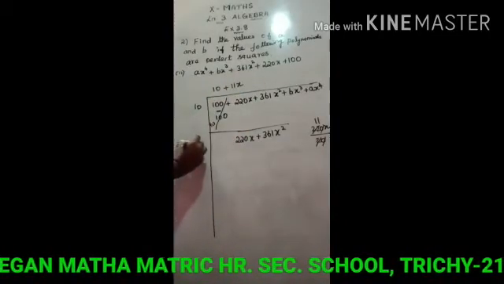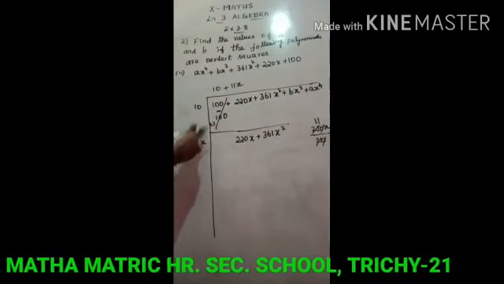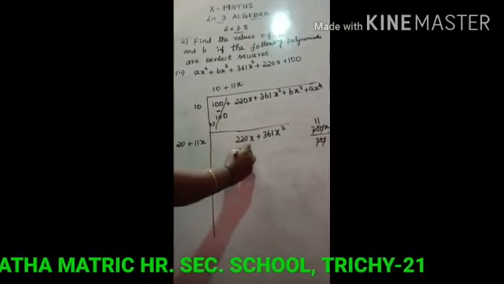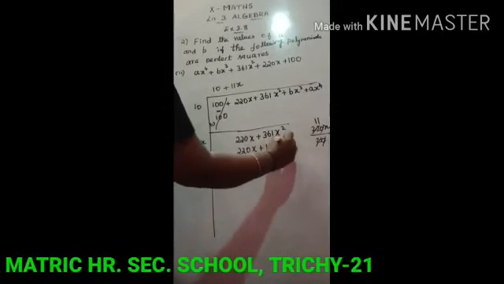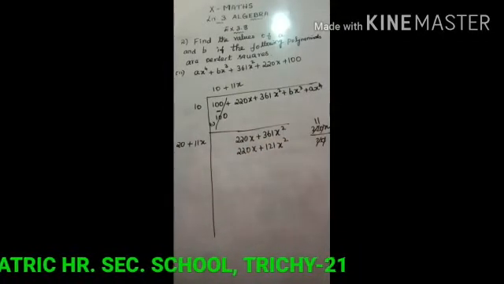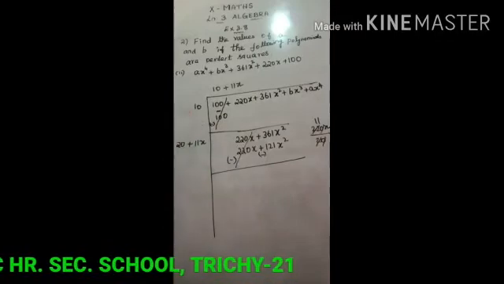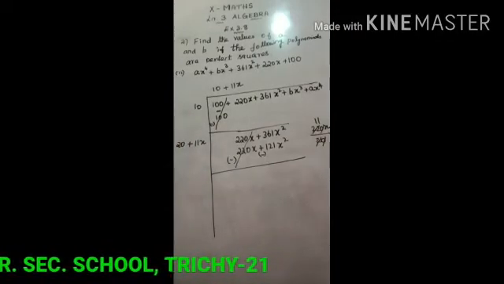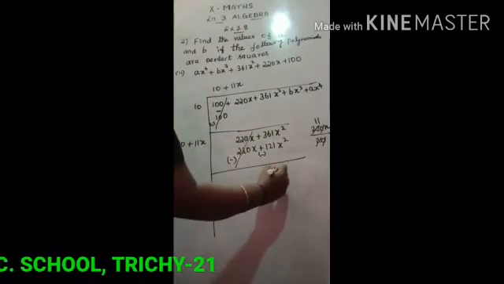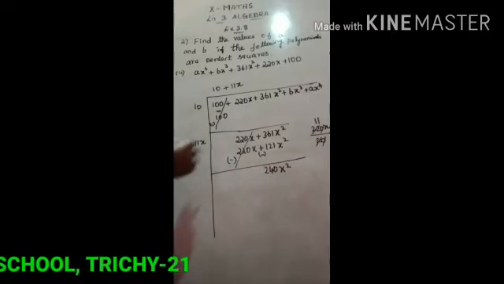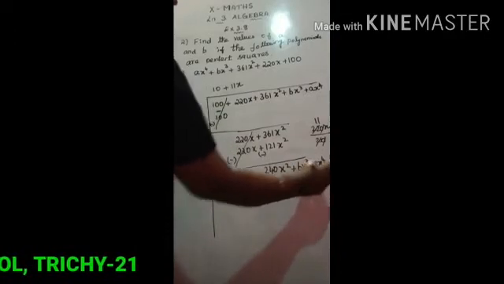Here we write in the second step. Now multiply 11x into the 2 terms. We have 11 20s are 220x, plus 11 11s are 121, x into x, x square. Now change the sign. Here we have minus. So the first expression is cancelled. We subtract 361 minus 121. We have 240x square. Write the next two terms, bx cube plus ax power 4.